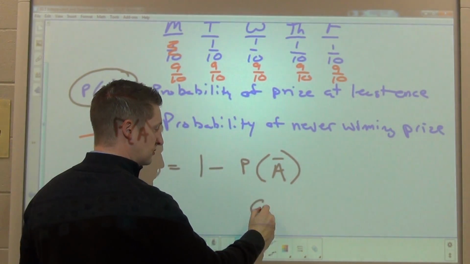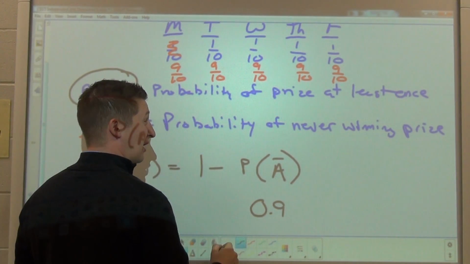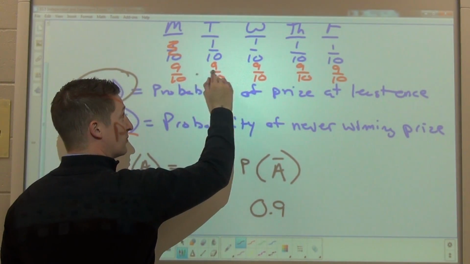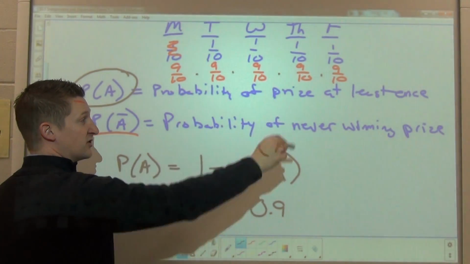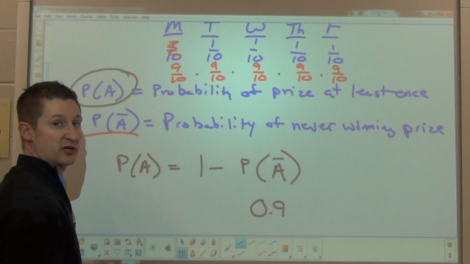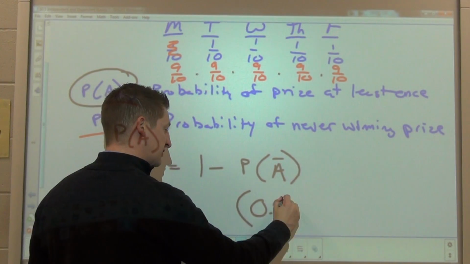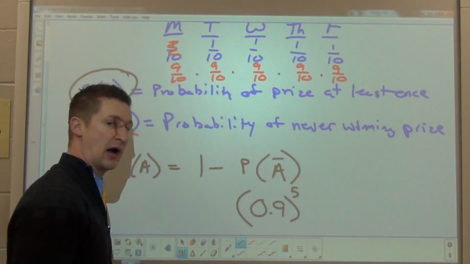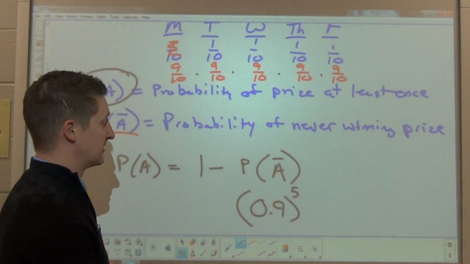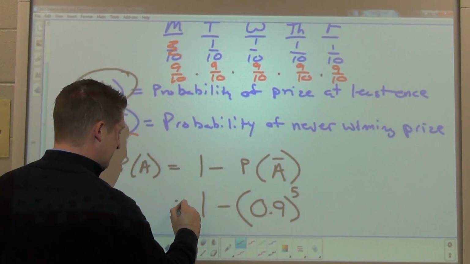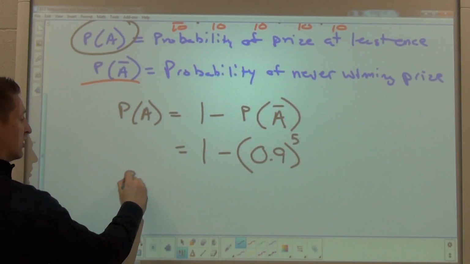Or I could change it to 0.9. But now, since it's each day, each of these are independent of each other, I'm going to multiply all of those together. 5 days worth of 9/10 probability of not winning the prize means we're going to take 0.9 and raise it to the 5th power. 0.9 times 0.9 times 0.9 times 0.9 times 0.9. So I take 1 minus whatever that number is, and that's going to give me the probability of winning the